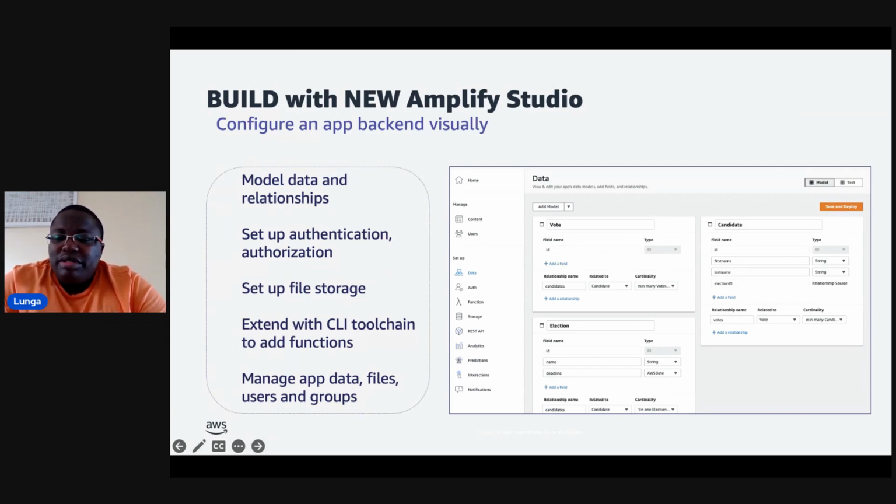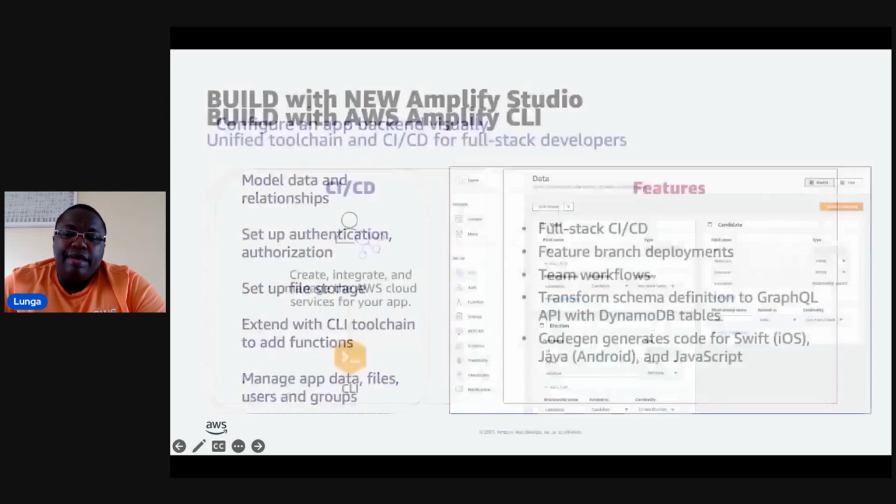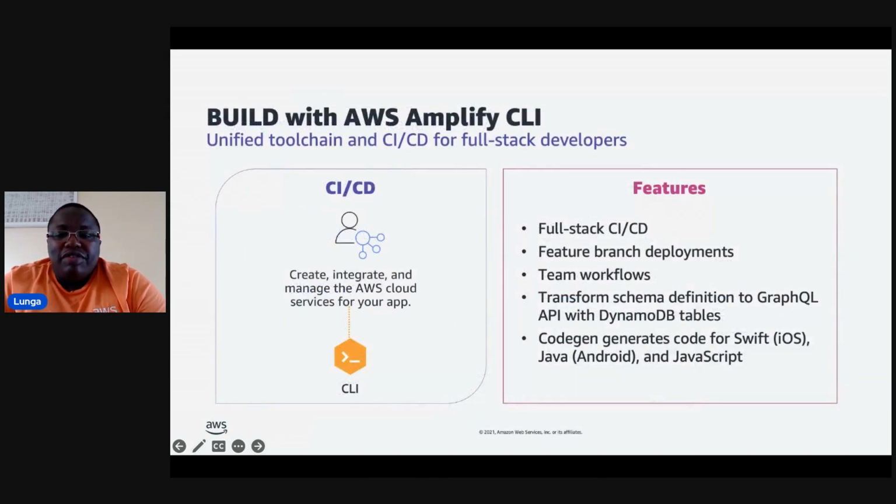They can add team members to Studio to manage application data, files, and user groups, and they can do this outside of the AWS management console. They can also extend with the Amplify CLI toolchain to add functions and access the breadth and depth of AWS services. So one of the main benefits of the CLI is that it gives you the ability to